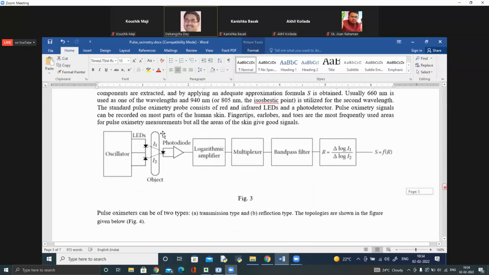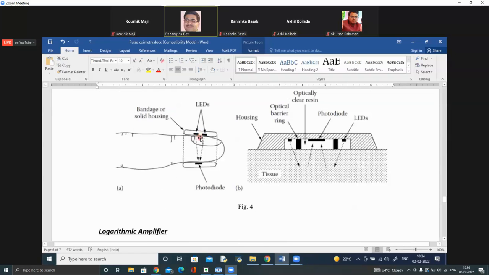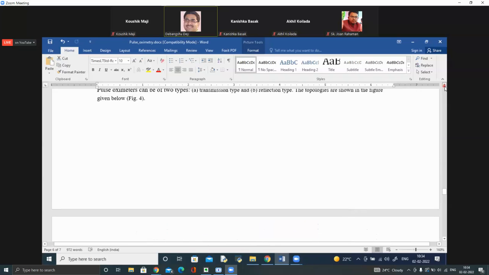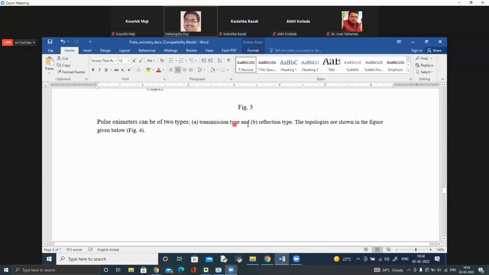There are two different modes. One that I have shown, that is very commonly used, is where your LED is at the top and the photodiode is at the bottom, so the light is passing through the finger. It is called the transmission type. And the other is the reflection type. I have shown you that